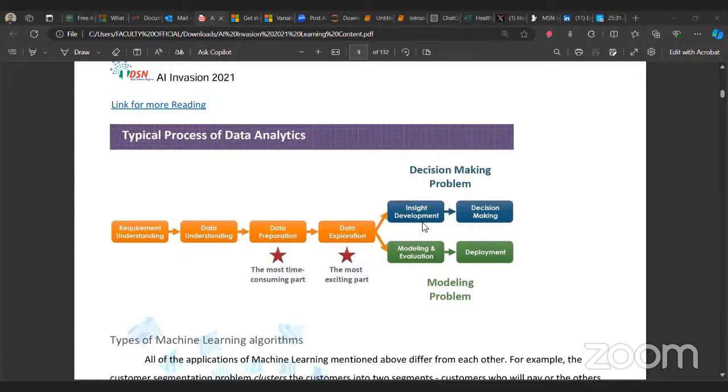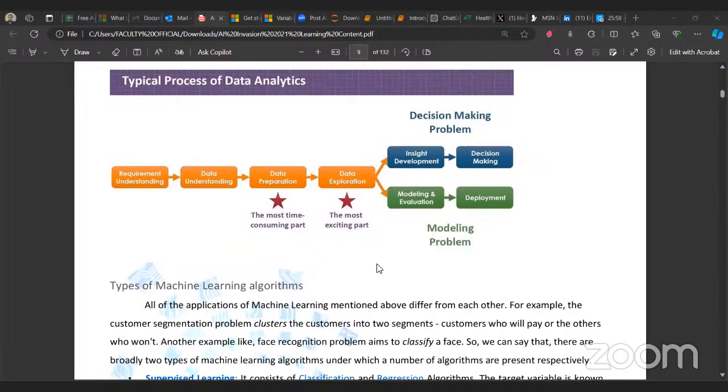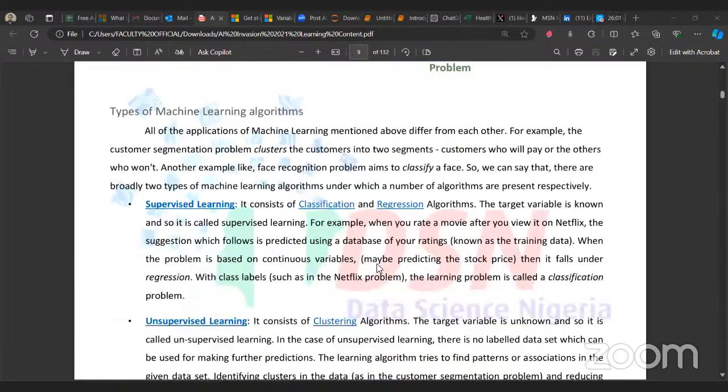We use those to gain insights by plotting charts and using those charts to make decisions. Not all exploration involves plotting charts. You could just find statistical measures like your mean, median, stuff like that. Then you build your model and evaluate it before you deploy to production. It's really interesting. There are many things that make up the ML pipeline, and we'll get to that during the course of this week. Broadly speaking, there are two types of ML algorithms.